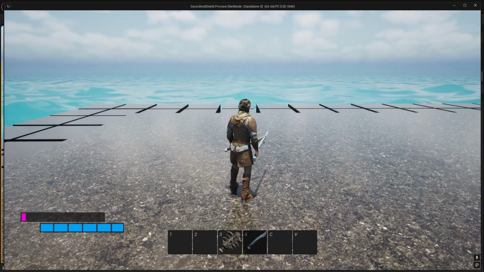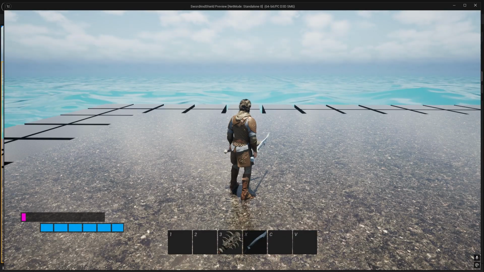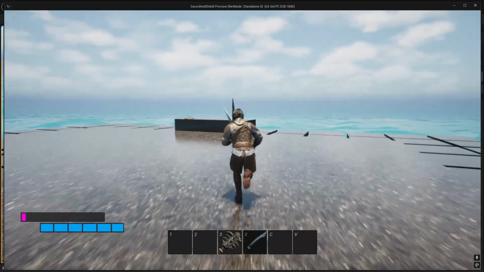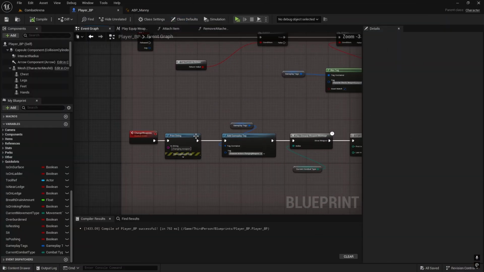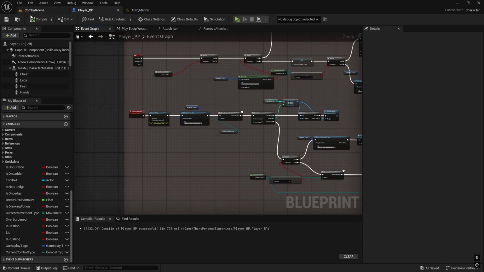So let's say you drink potion, you're playing animation, and then you change the weapon, and it will play change weapon animation, because here we're not checking if we can actually execute it. So we'll prevent that in a future video, but for now it's working as intended,